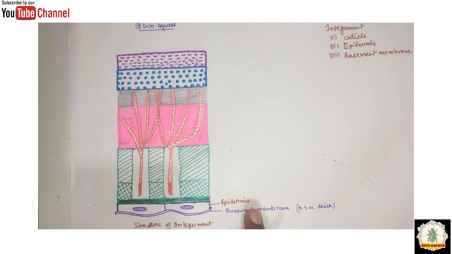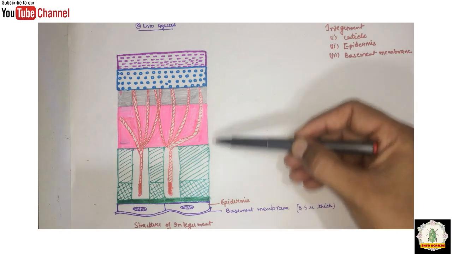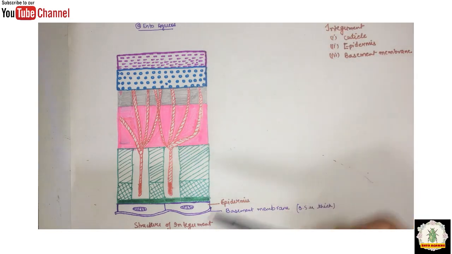This epidermis is unicellular, and it is also known as the hypodermis, and the main function of the epidermis is to secrete the cuticle. So all the remaining part is the cuticle, and the epidermis secretes it. The epidermal cells have the Golgi complex, rough endoplasmic reticulum, pigmented granules, and all the epidermal cells are glandular, and each dermal gland is formed by a group of 3 epidermal cells.